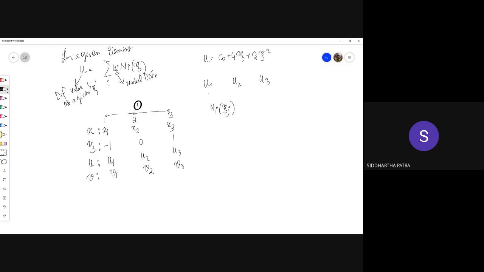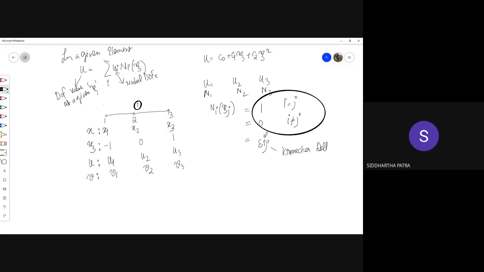The ith shape function, so there would be 3 degrees of freedom, so there would be 3 shape functions. No surprise in that. But the ith shape function value at the jth node, let's say n1, value of that at second node is going to be 0. It is going to be 0 if i is not equal to j, and if i equals j, it is going to be 1. And this whole thing can be represented with a single expression, delta ij, known as the Kronecker delta.